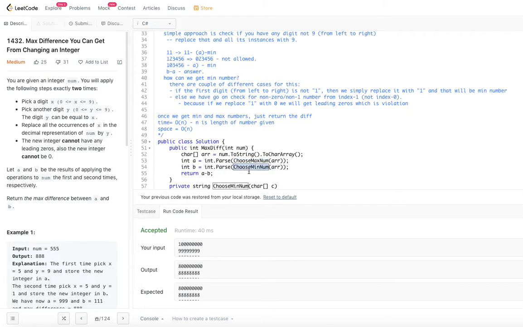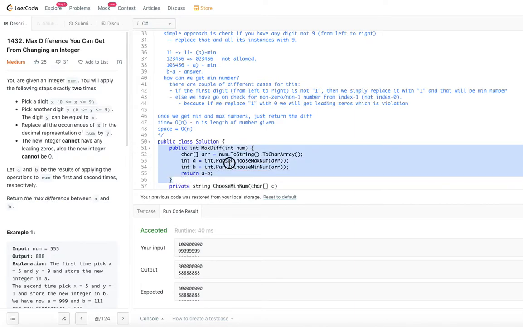I am passing this array, converted from the number, to both. I am calling maximum A here and minimum B, as opposed to B and A in my explanation. And once we have the maximum and minimum number, the max difference is just A minus B, that's it.